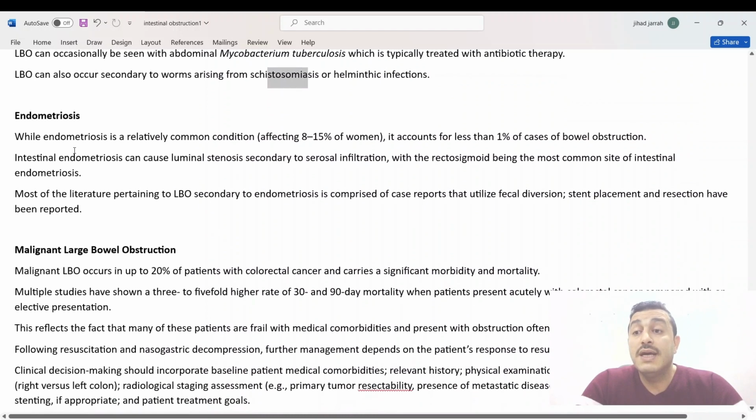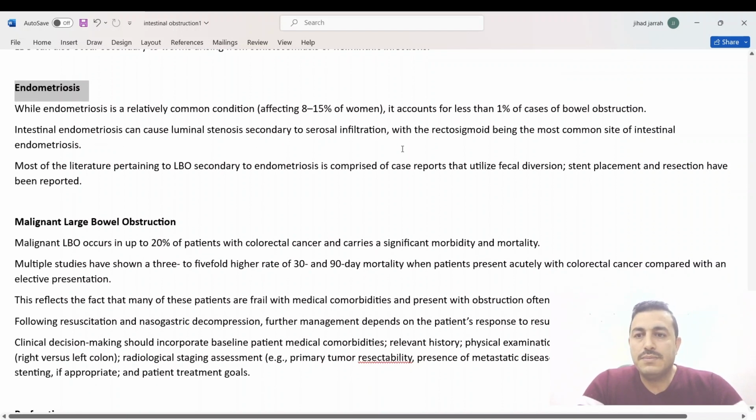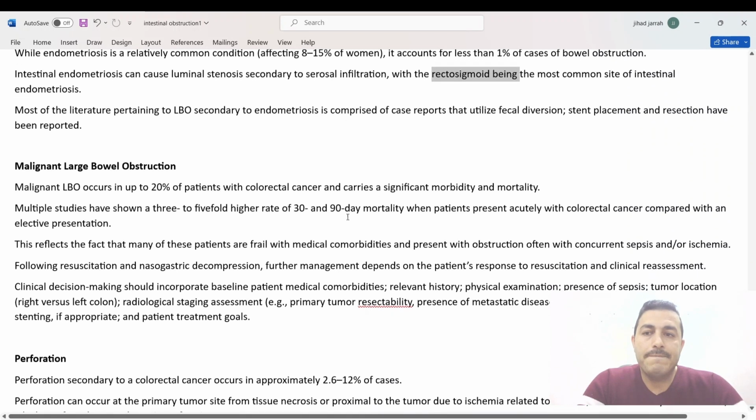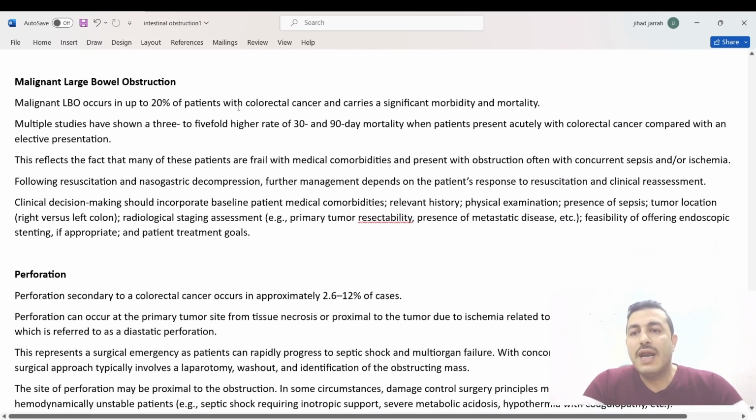We said roundworms. Endometriosis is one of the gynecological conditions that can cause intestinal obstruction. Yes, it's common in females, but it is less common as a cause of bowel obstruction. It causes stenosis secondary to serosal infiltration, usually in the rectosigmoid region. Now we come to the last part of this lecture, and I know that we reviewed